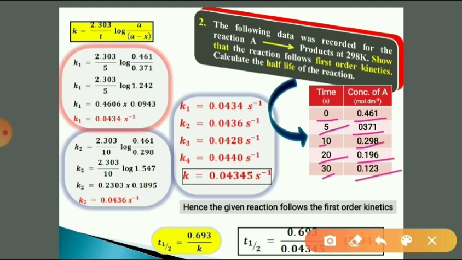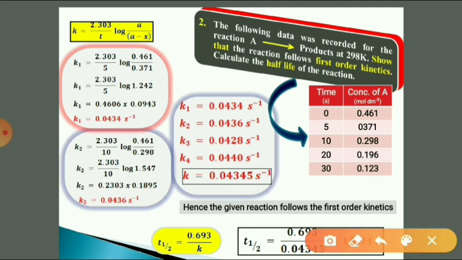In this problem there are two separate tasks. First, by using this data, we have to prove the given reaction follows first order kinetics. After that we have to calculate the half time or half life of the reaction. For that we consider the integrated rate equation of a first order reaction, and by using this equation we have to